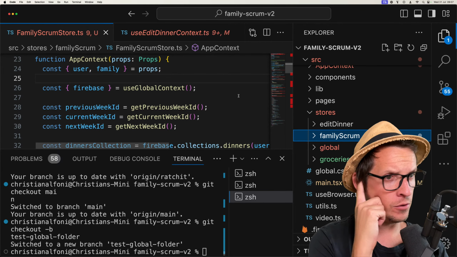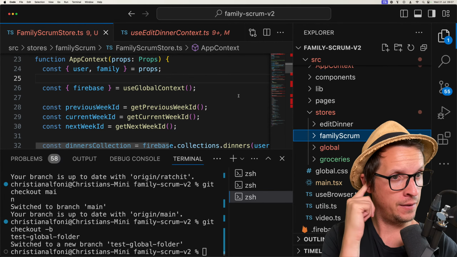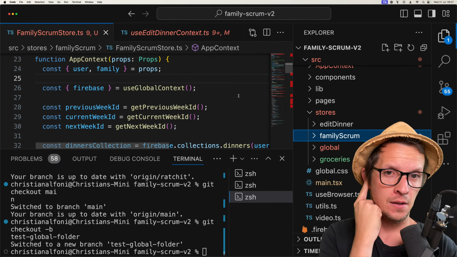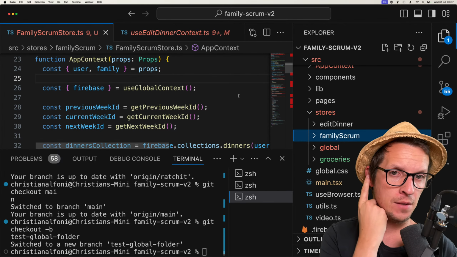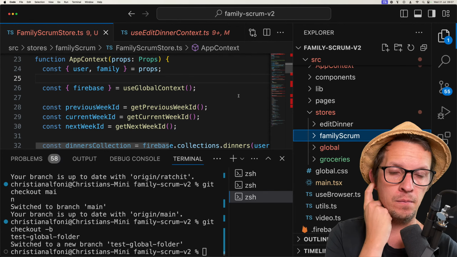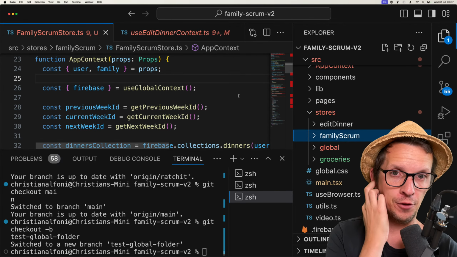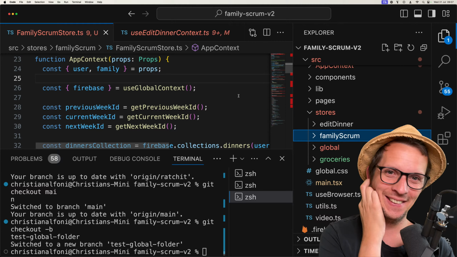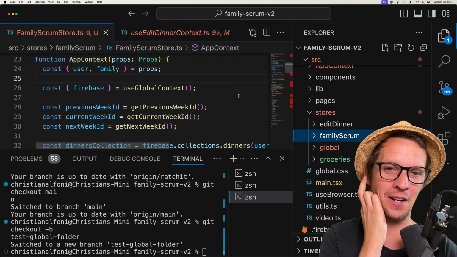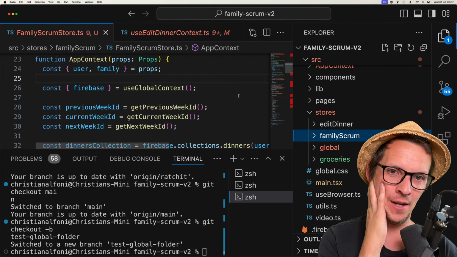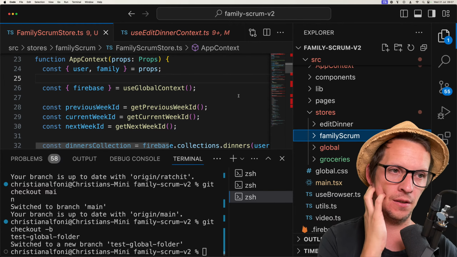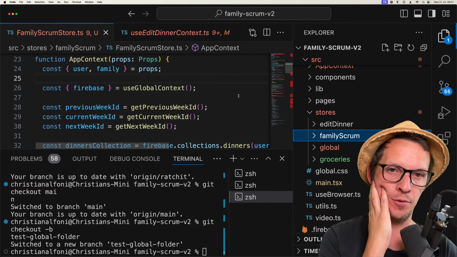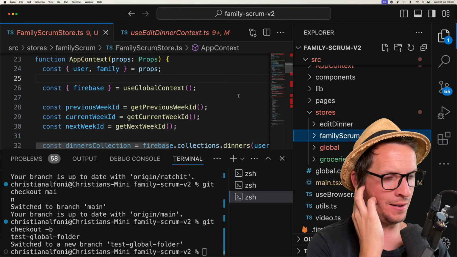Oh, you have strict null checking on in your code base? Don't you get a lot of... Do you write a lot of if statements? Or maybe you just don't have a lot of null state. Or do you do overrides? Like you use the exclamation mark to just tell TypeScript, no, this thing is really here.